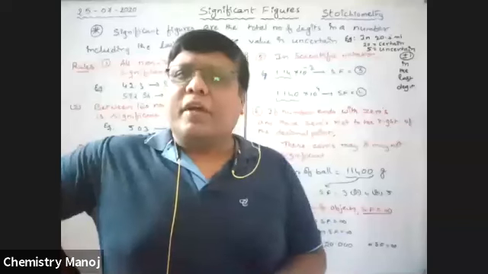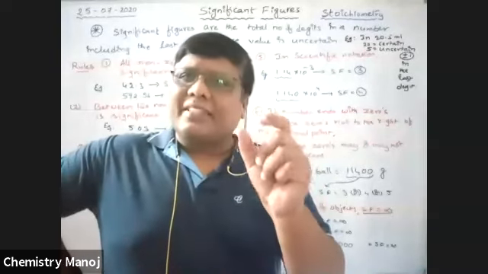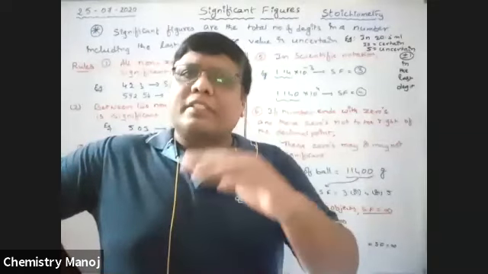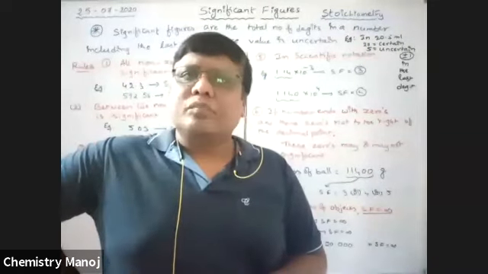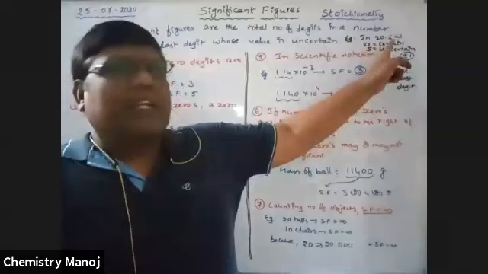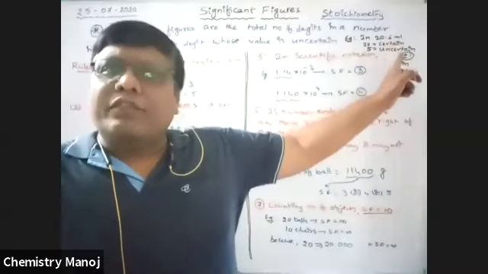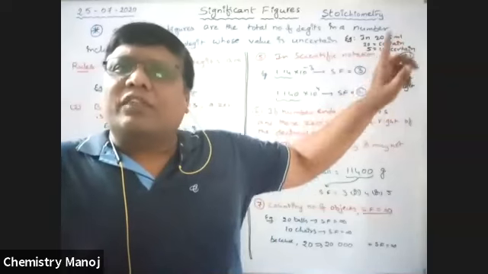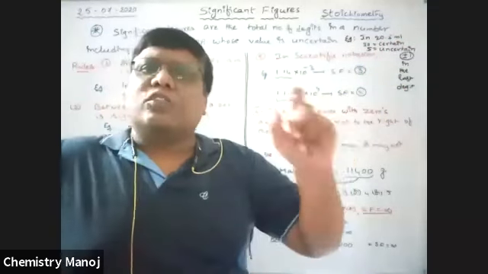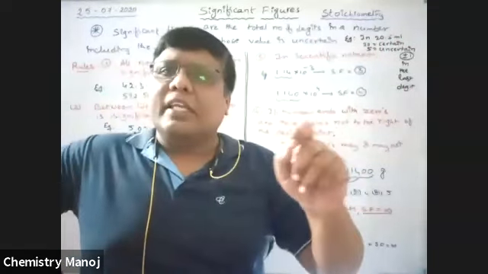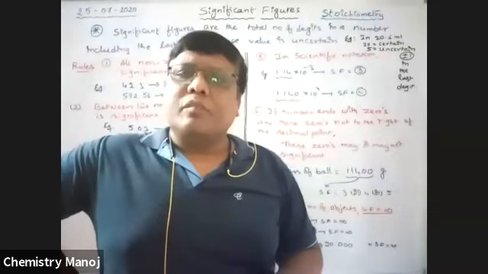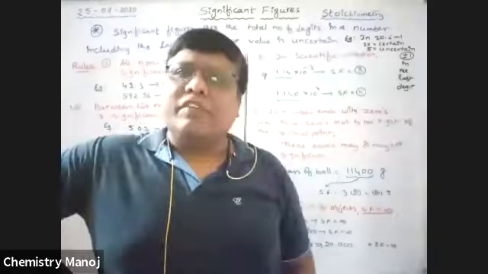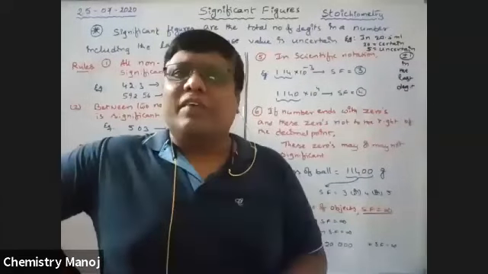In this 20.5, 20 is the exact value. That 0.5 may be variable, so plus or minus 1 is existent. That is, 20 is taken as a certain value and 0.5 is taken as an uncertain value. This certain value with one uncertain value, those figures, those numbers are called significant figures. So this gives the accuracy of the value. Significant figure gives the accuracy of the value.